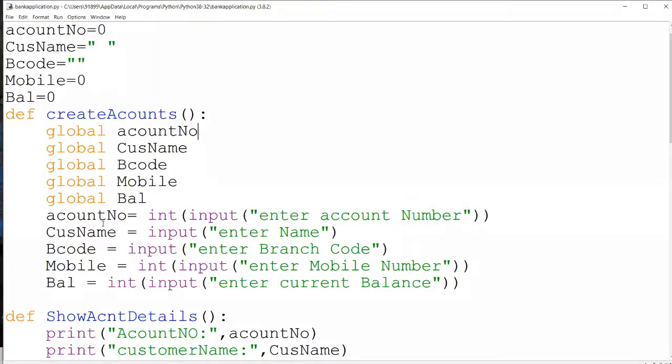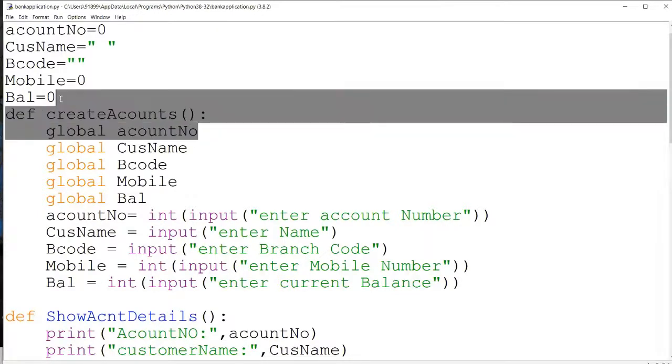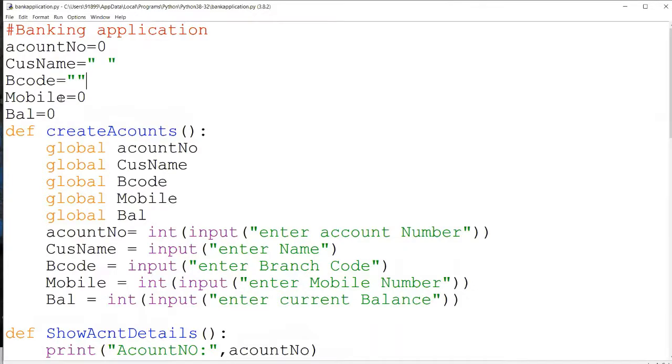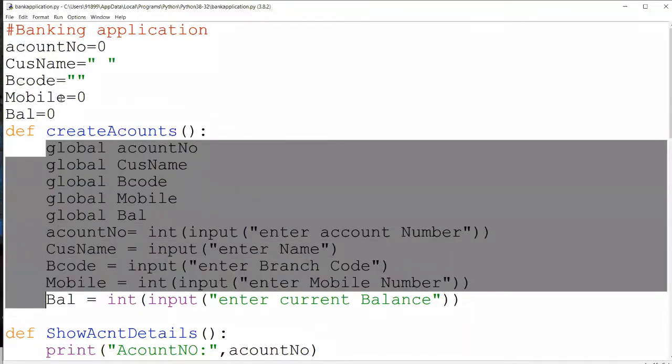Now in the create account function, Sir, if we write that global word in the global section only, no? So you don't need to write it there. You need to use the global keyword in the function body, because in the local scope you want to use the global variables. A variable declared outside the function is by default a global variable. If I want to use that global variable in the local scope, this is a local scope: local scope means within the function body, starting here and ending here.